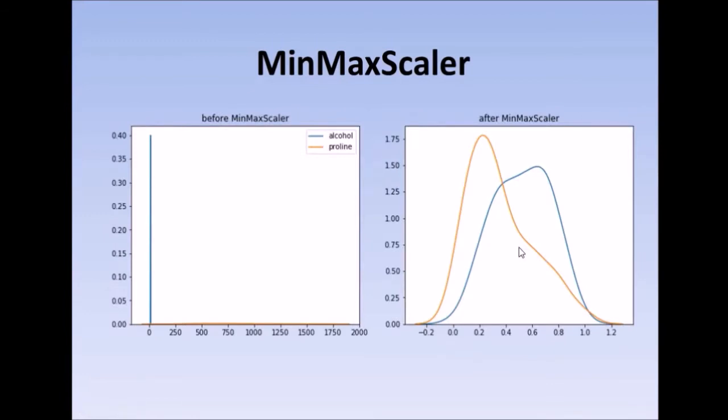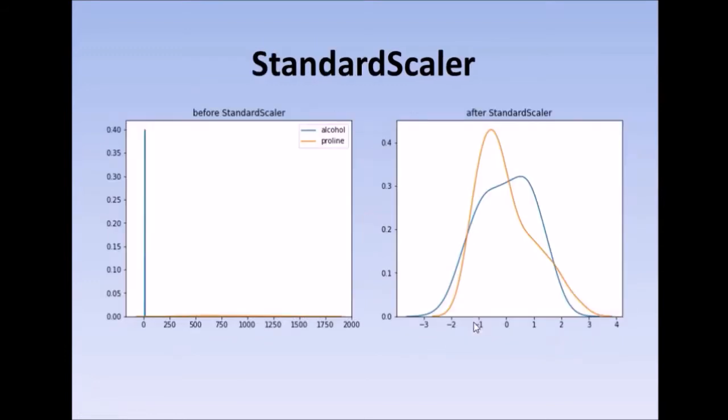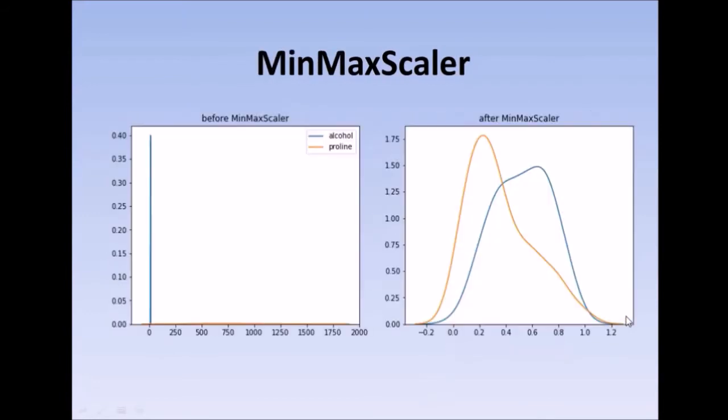Now if you check out the plot, this is a similar plot. It also scales the values to be between 0 and 1. So now all the plots will have values that range between 0 and 1 only. If you see in the standard scaler, it went from -3 to +3 and -3 to +4. But in min-max scaler, it will go from 0 until 1 for all of these features.